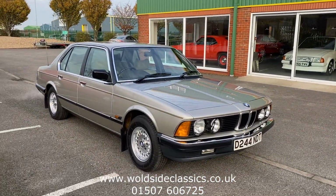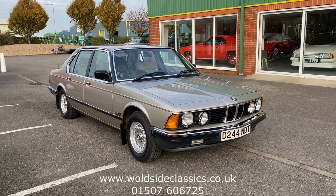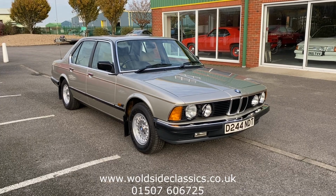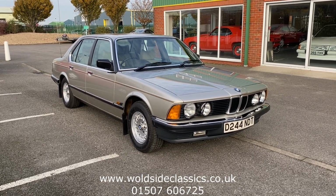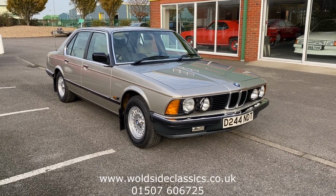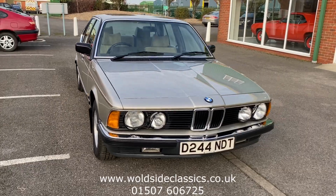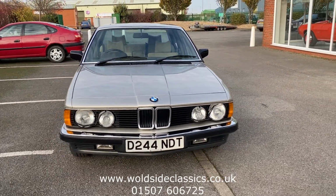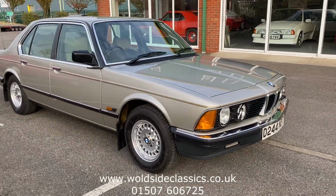Today we've got on offer for you this beautiful 1986 BMW E23. It's a 7 Series, a 728i. It's done 72,000 miles from new, with a superb service history, and certainly if you've seen a better old BMW 7 Series like this, you've seen a very good one. Finished in Bronze Beige metallic,